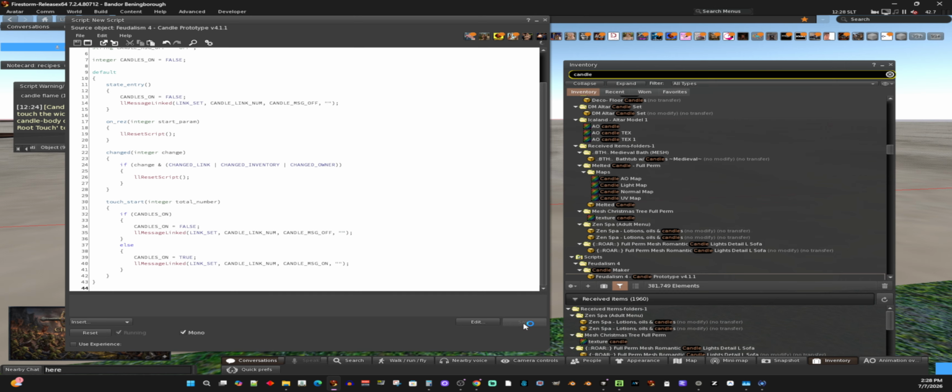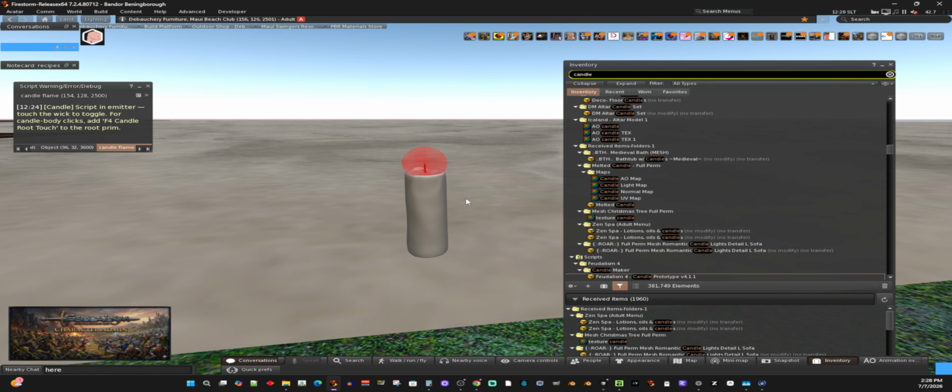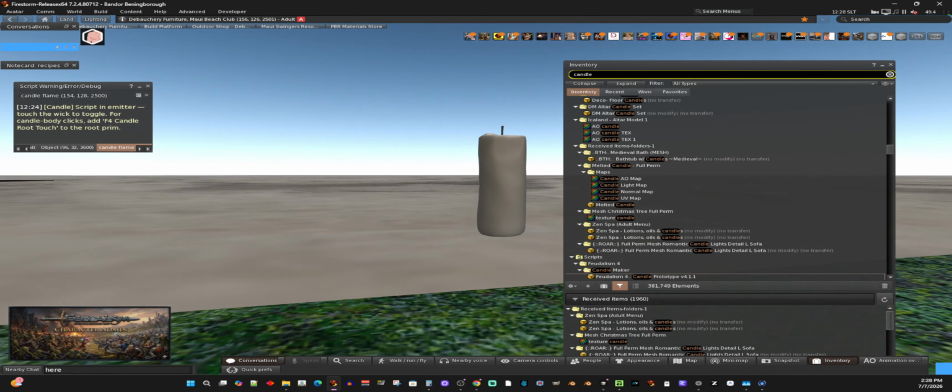Save. And it compiled and worked. All right, so now we have my candle here. Let's go ahead and I'll turn off viewing invisible. We'll zoom in a little bit on this candle